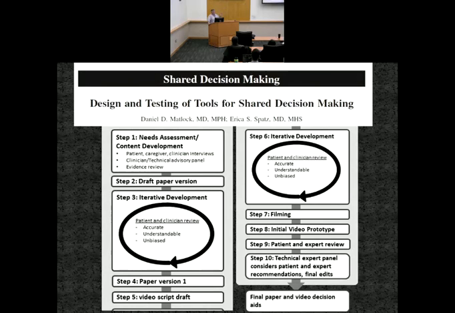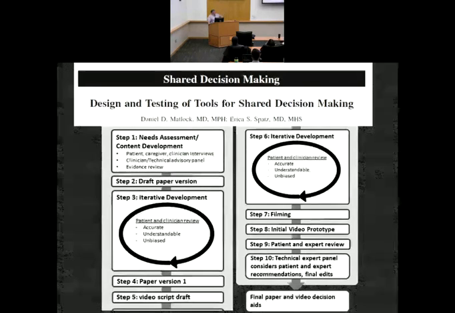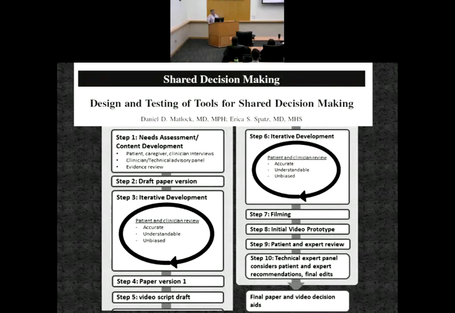And when we make these tools, we're shooting for three things. We want it to be accurate, we want it to be understandable, and we want it to be unbiased. And by far, that unbiased part is the most difficult. A lot of the tools we develop, like for the defibrillator or the left ventricular assist device, we get patients that tell us the tool we've made is biased towards the intervention. The clinicians tell us that it's biased against the intervention. But they both think it's acceptable, and then we think we're getting close. And we've never really found something that's pleased all audiences, because bias is a really hard thing to do.